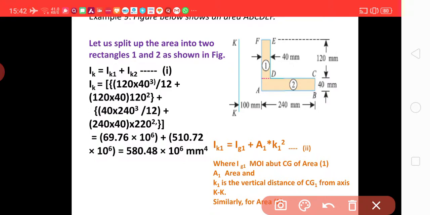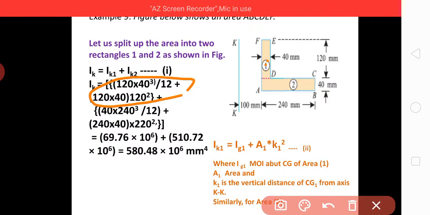This is 40, its centroid will be in between, that is half of 40, 20. The 20 plus 100 is 120. So it is 120 into 40 into 120 square. This has become the moment of inertia of section 1 about Kk,